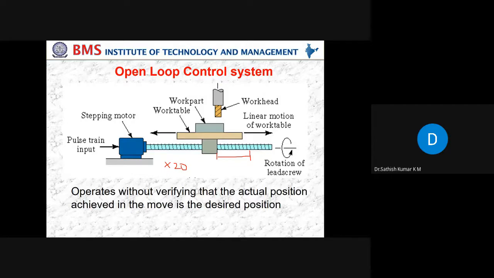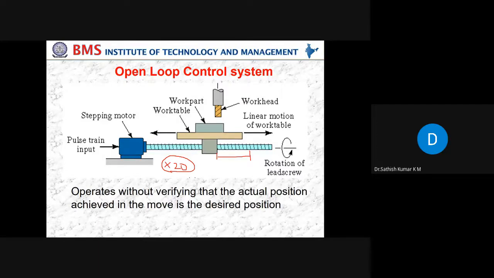I have told the work table to move by an amount equal to 20 mm. Okay, the movement has occurred. Now the question is whether the work table has exactly moved by an amount equal to 20 mm. Okay, now that is a question. If you are going to verify, let's put it this way, in an open loop control system, there